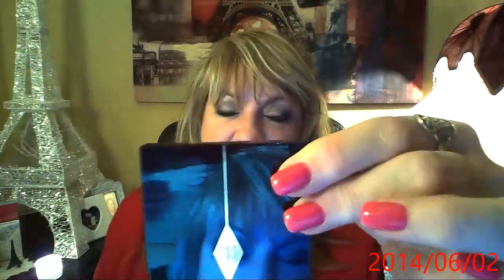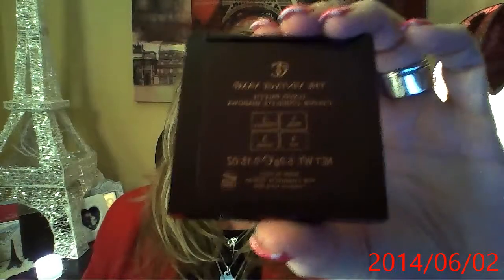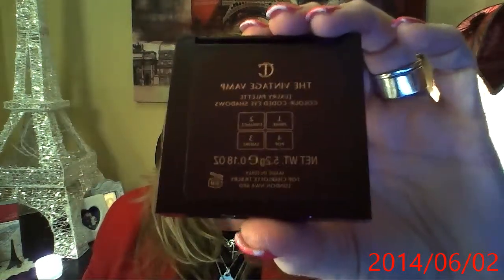So, these were the two products that I got. This one is the Vintage Vamp Quad, and it's a luxury eyeshadow palette. And I love the back because it shows you exactly how to place it, whether it's primer, crease, brow bone, or whatever. And, of course, I'll do whatever I want. But it is nice to have the suggestion of professionals. This does not come with brushes, which some people would say, ew, why not? And it doesn't come with